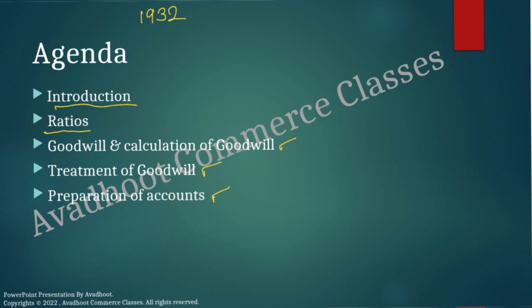Now, why is the new partner admitted? Obviously, the new partner is admitted only for the benefit and gain of the partnership firm. First of all, we can say for the expansion of capital. Am I right? For expansion of capital. Then the new partner can use his own skill, technique, knowledge, etc. And he gives an improvement in the overall performance of the partnership firm. In that way, the partnership firm can earn more and more profit,